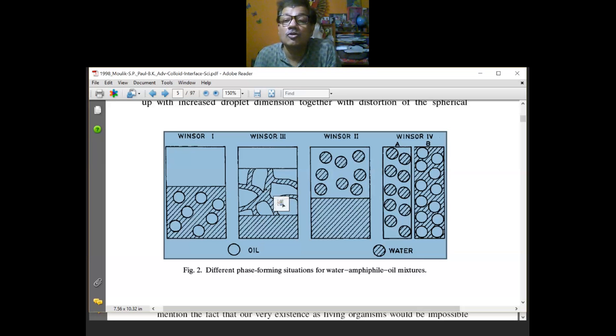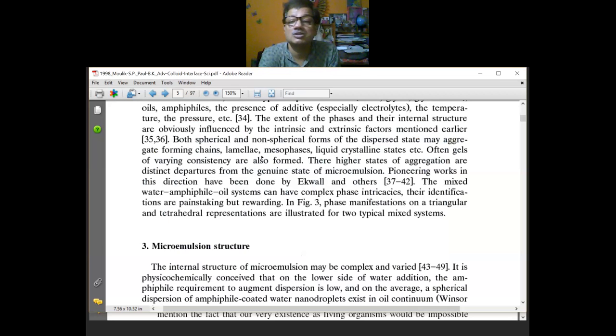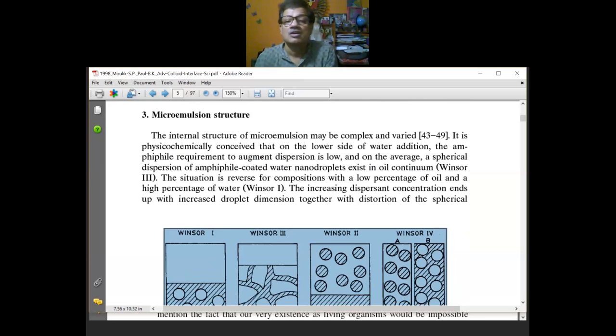And what is type 4? If you have a combination of both oil in water and water in oil, so this is called, as I wrote water in oil as W/O, water in oil, or oil dissolved in water, O/W. Now if both are there, then it is called type 4. So what are the different types of microemulsions? There are 4 types of microemulsions, type 1, 2, 3, 4.